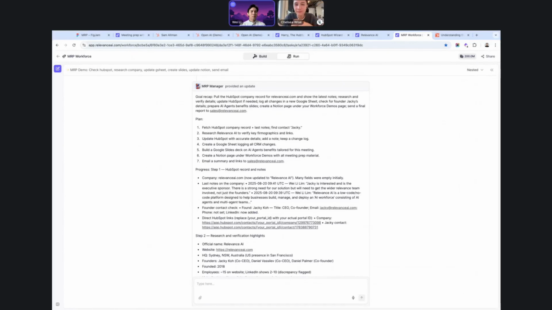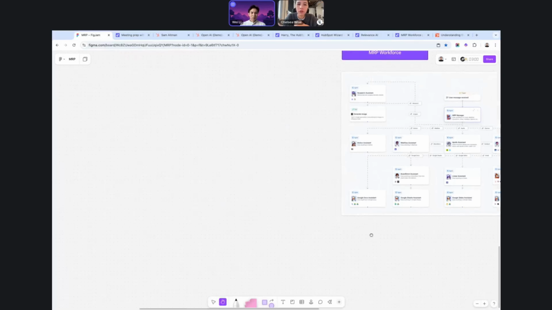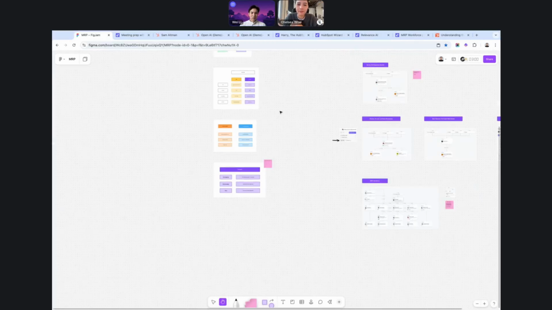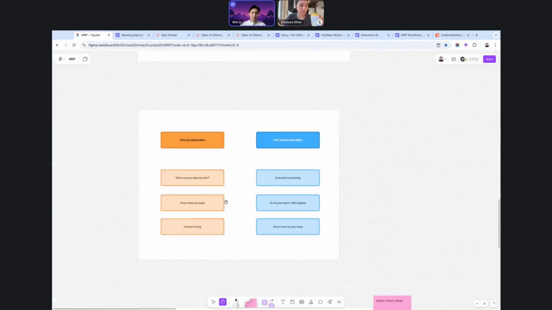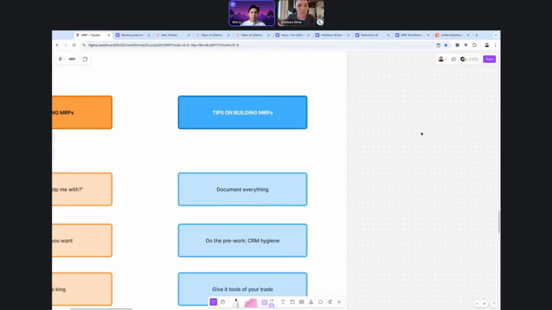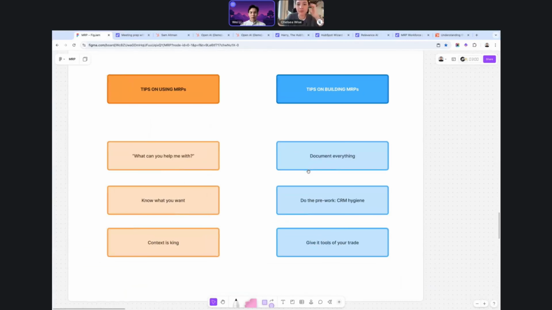More so from documenting your process. I'll actually flick over to this side here. This is a part about how to use MRPs and how to build them. This is actually the biggest part. This is the most difficult thing for us humans, which is we need to document everything that we know about the tools that we use.